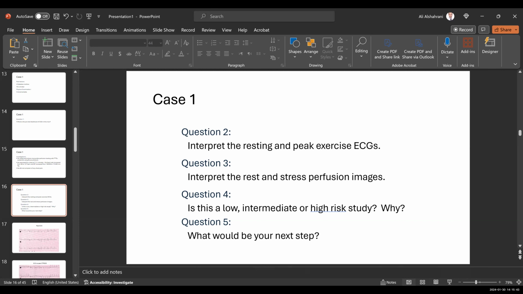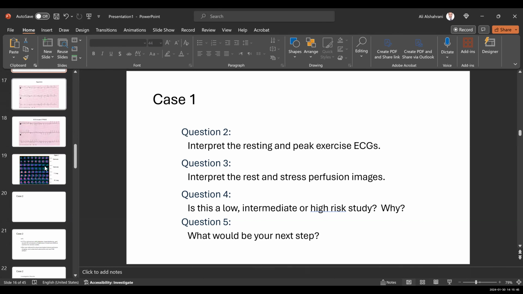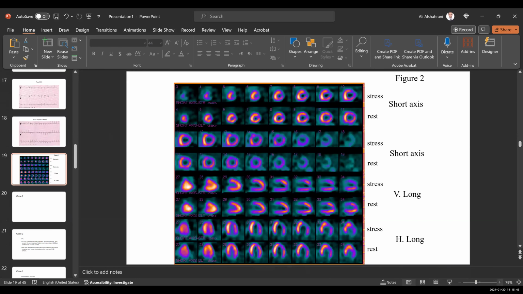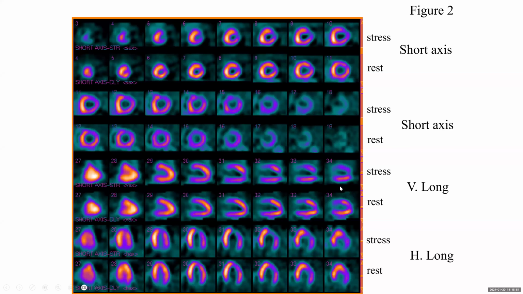Okay, so one of the most important things that you look at here in the study is how large is the area affected. We are dealing with the whole area, from the basal to the apex. All is affected. Look at this. This is better to see in the vertical axis. This whole area is actually affected. Look at how many segments are affected. This is a large area that is affected by